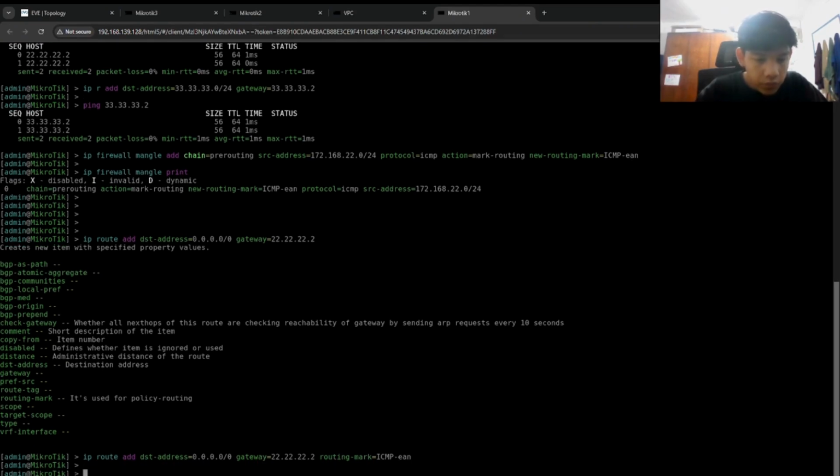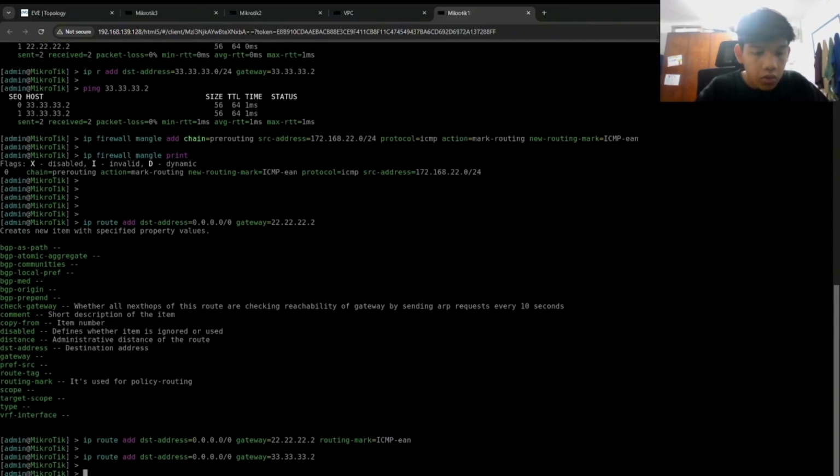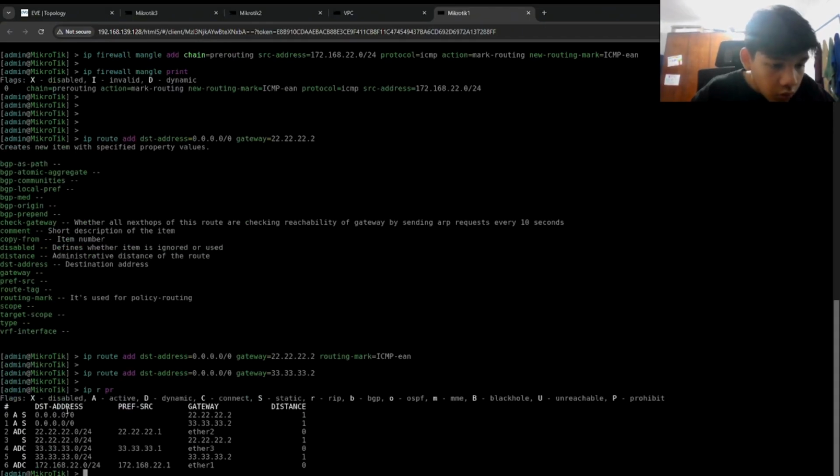And okay, and then you also make IP route add destination address 0.0.0.0/0, and gateway is 32.32.32. Yep, and then you just see. Okay, that's also already in here.